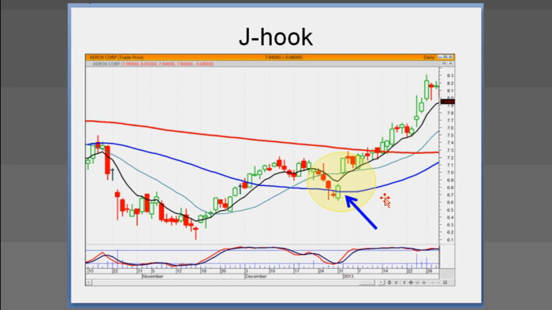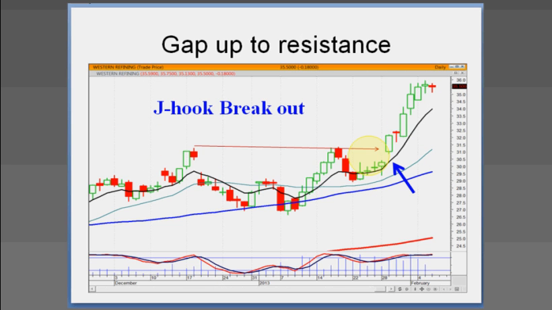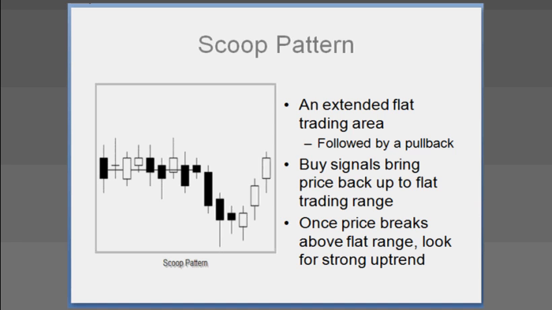And if we can identify the pullback, there's a left-right combo, smack dab on the 50-day moving average, and they gap it up the next day. That's all the elements we need, or that's more than the elements we need to tell us there's been a reversal. And then all we have to do is hold it until when? Until we see a candlestick sell signal and a close back below the T line. Let's see, did we do that one? The gap up through the resistance level.